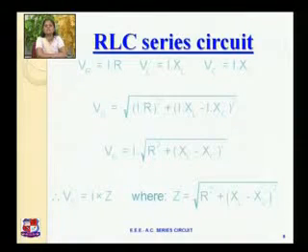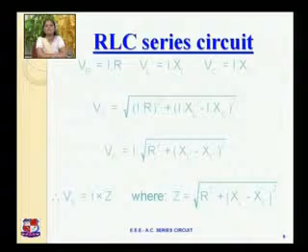Now we are discussing the series circuit, so the current passing through the circuit is always the same. So I is constant, or you can say I is the same for resistive, inductive and capacitive elements. So you can rewrite the equation as Vs is equal to I times the square root of R square plus (XL minus XC) square. Now, R square plus (XL minus XC) square under the root is nothing but the impedance of the RLC circuit. So this equation is Vs is equal to I into Z, where Z is equal to the square root of R square plus (XL minus XC) square.